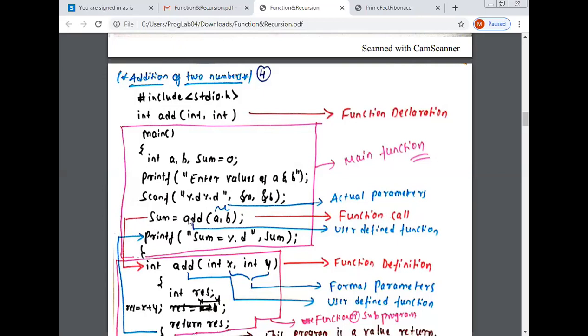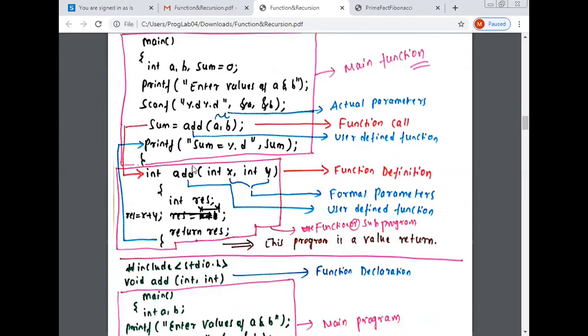Here I wrote sum = add(a, b) as a function call. Here add is your user defined function, and a, b are the actual parameters. I drew a square bracket: this box is the main function, and this box indicates the user defined function.